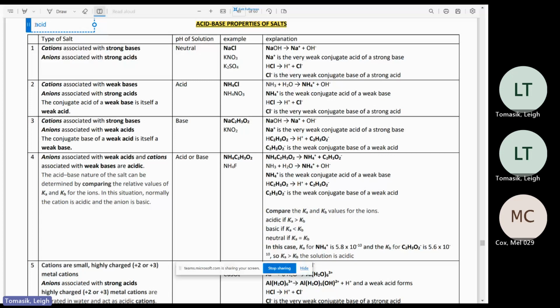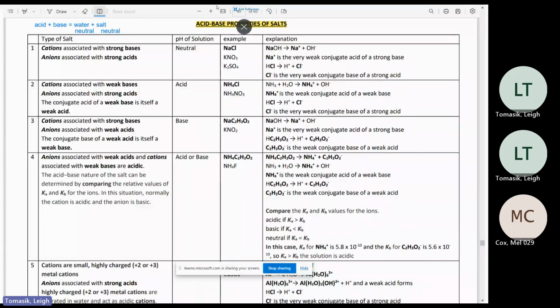And they tell you that acid plus base is equal to water plus salt. And they say water is neutral and salt is also neutral. And that's a very gross